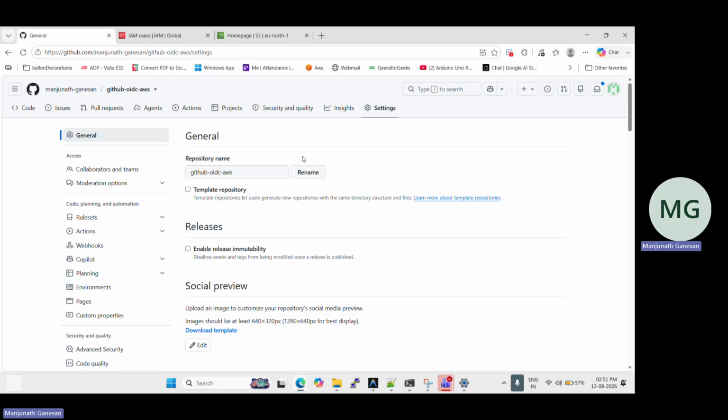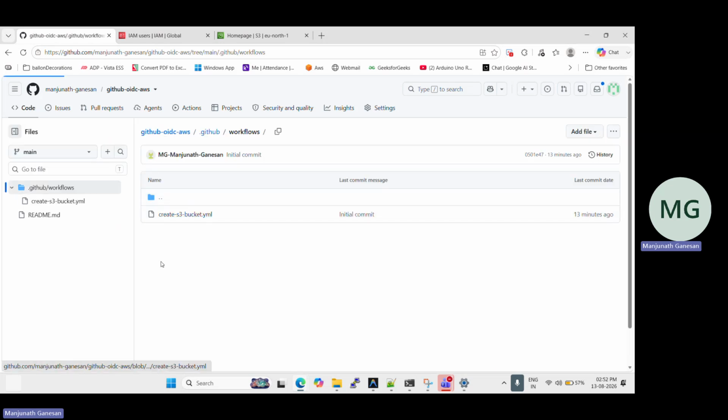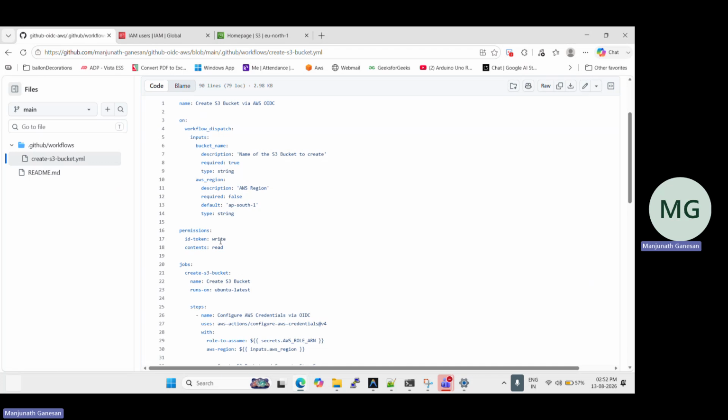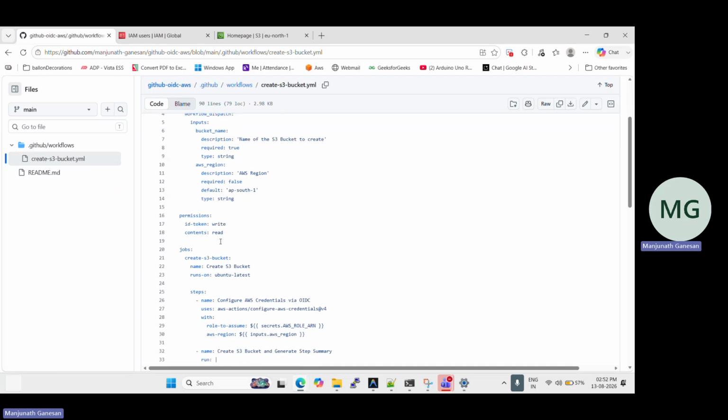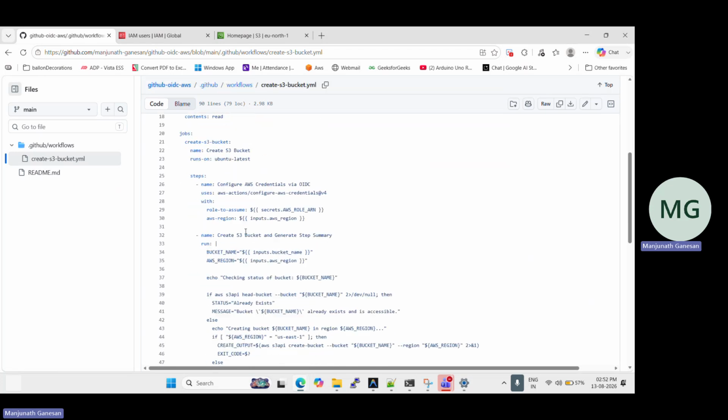GitHub provides an option for that. They suggest using OIDC. OIDC is nothing but OpenID Connect. Let's say this is my repository, where I use Terraform or AWS tooling to create anything. Let's go to the workflow and see what is in it. I want to create an S3 bucket. Let's say a developer needs an S3 bucket and I want to create it. So we can provide the name of the bucket and the region where it has to be created. Once that is given,